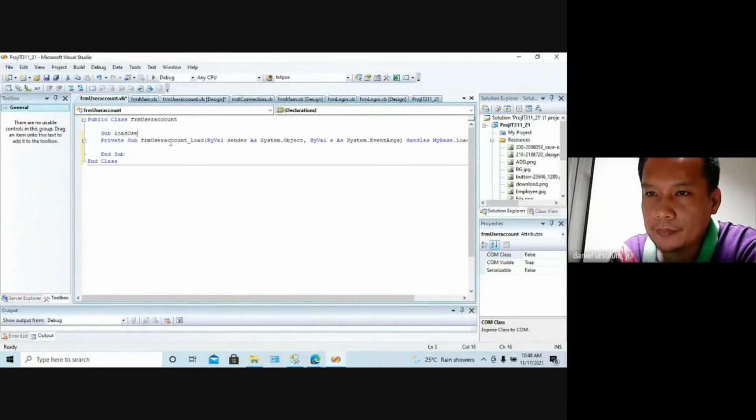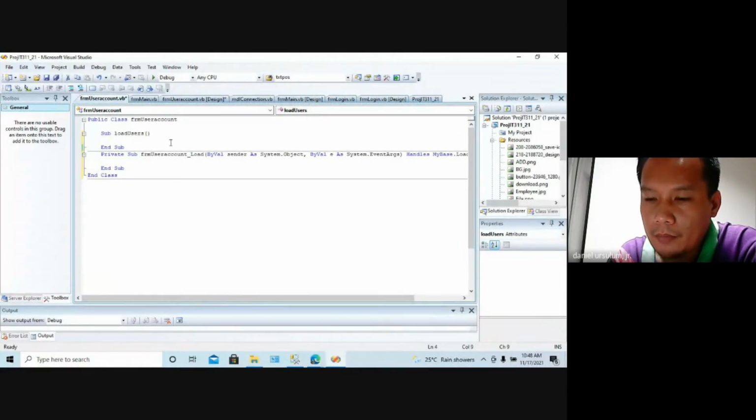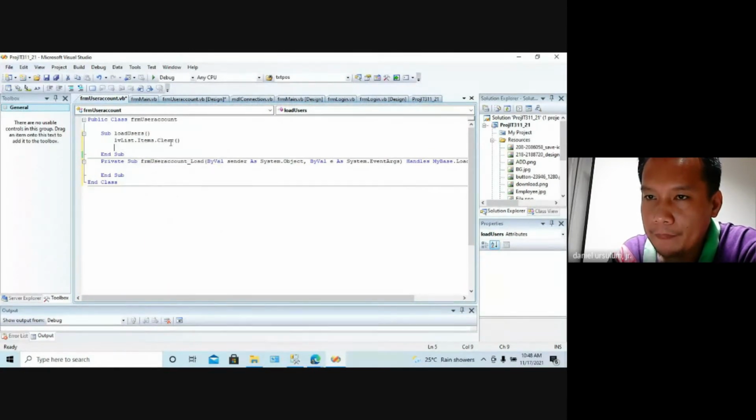Sub load users. Yan siya. No? Private function lang siya. Hindi siya usable sa other forms. Okay, dito lang siya pwedeng gamitin sa loob ng form na to. Load users. First thing you do is to clear whatever the content of our list view. Diba ang pangalan ng list view is lvlist? lvlist.items.clear. I-clear lang natin. Kung may dating laman, i-clear lang natin. Okay, then after that,